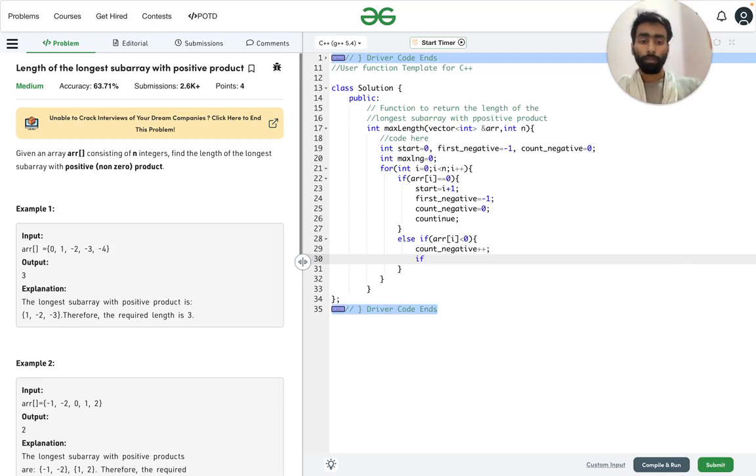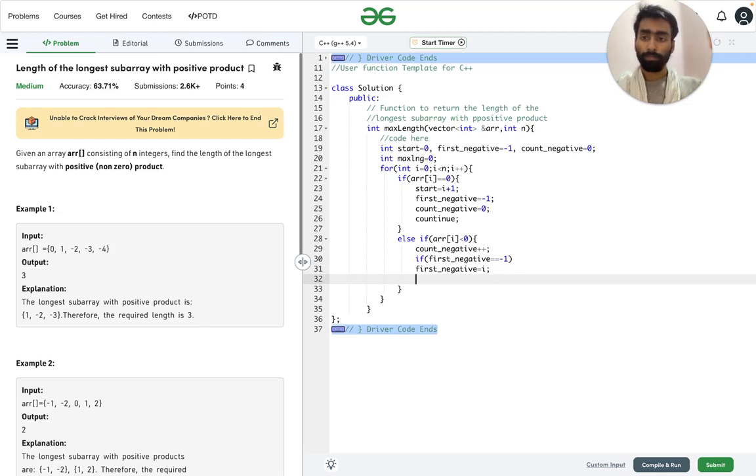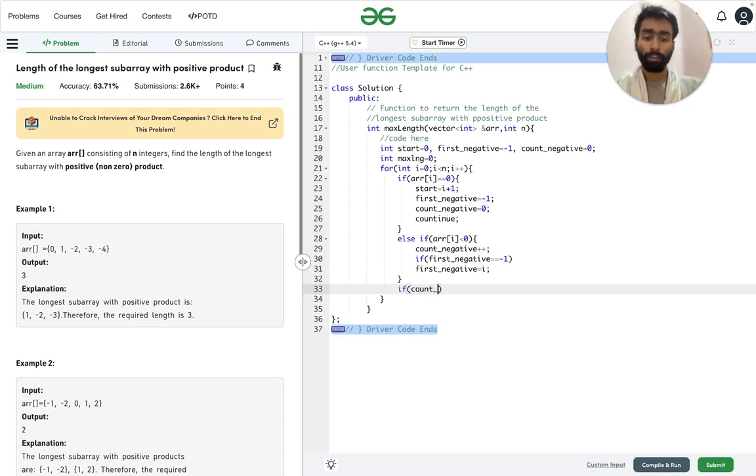And if the first negative is equal to -1, then we need to set the first negative we just encountered. And after this we will check the count of negatives that we got.